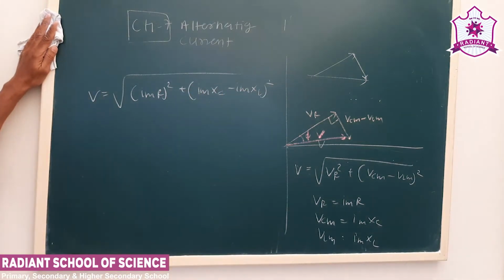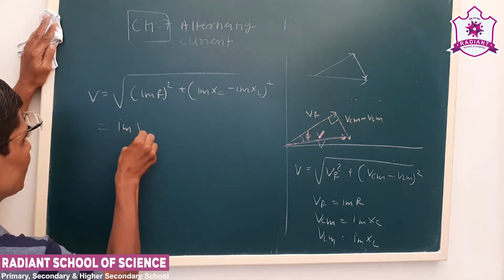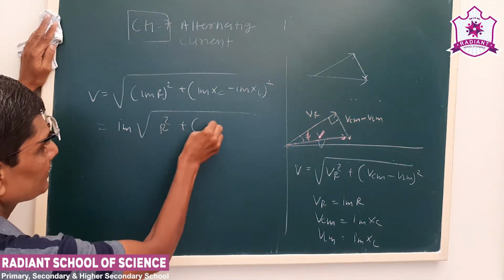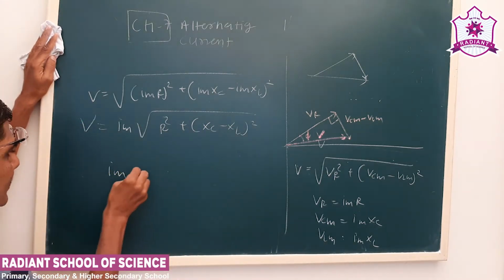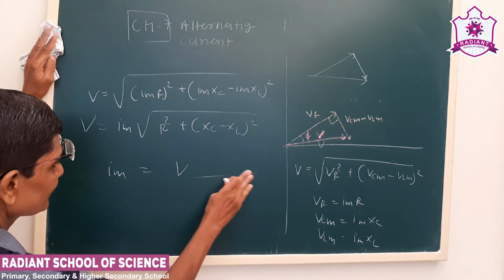See what we can take common here. Im is common, R square plus (XC minus XL) whole square. So our Im will become V upon